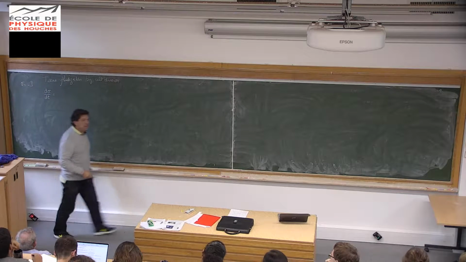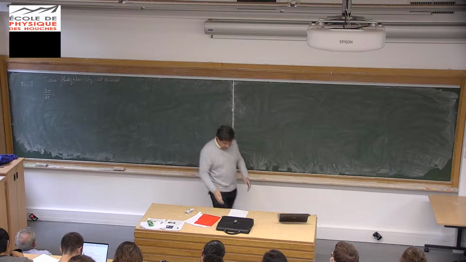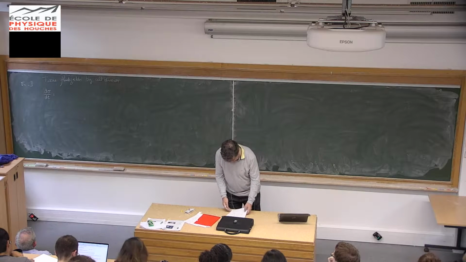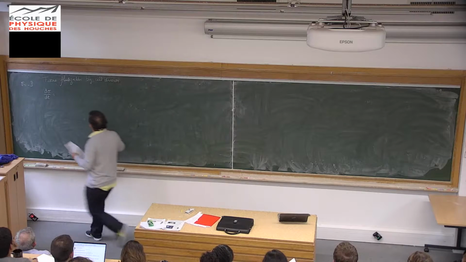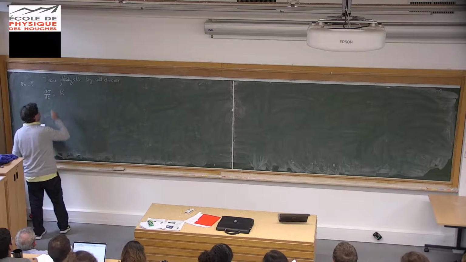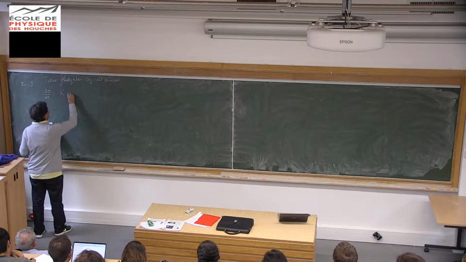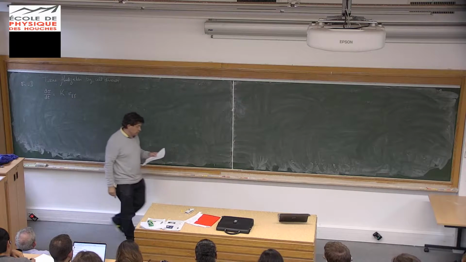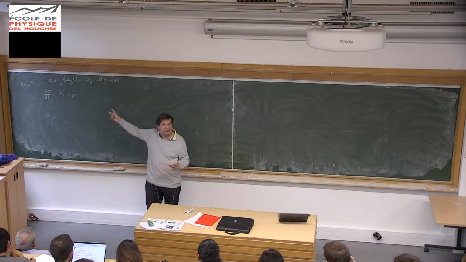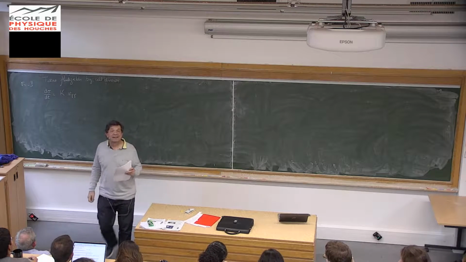So I gave you two results for that yesterday. The first one is d sigma dt equals k, where k is the compressibility, v gamma gamma. This is the divergence of the velocity, or the trace of the